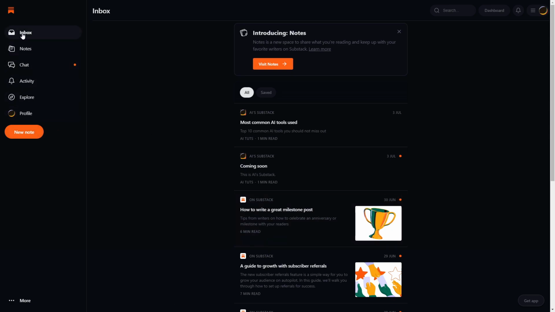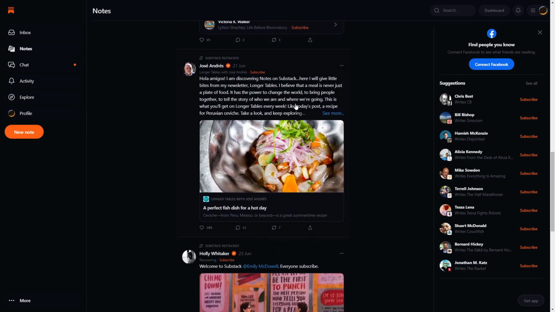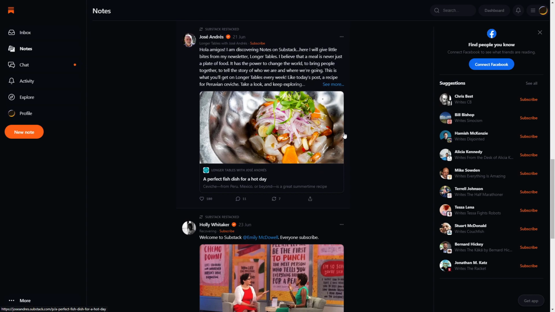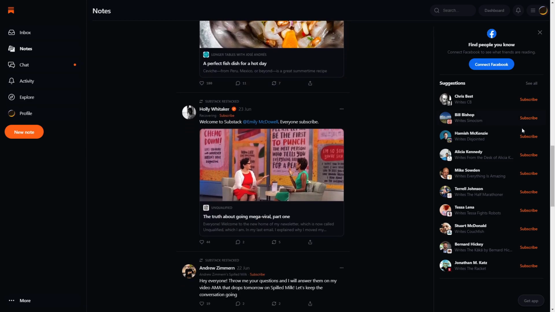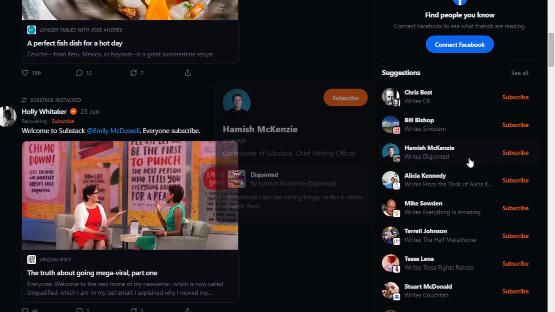So the inbox right here will allow us to take a look at all of the different newsletters that we are connected with, that we have followed. The notes section right here is essentially kind of like a Twitter post. So it's a smaller post, which allows us to create a description and then the actual post itself, or the actual newsletter that we have. And as you can see here, we have some people which we can go ahead and follow as well. So it's making everything as interactive